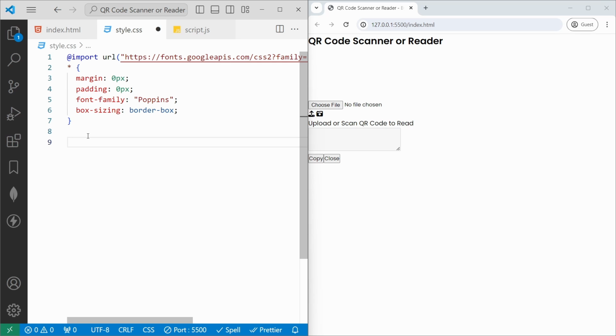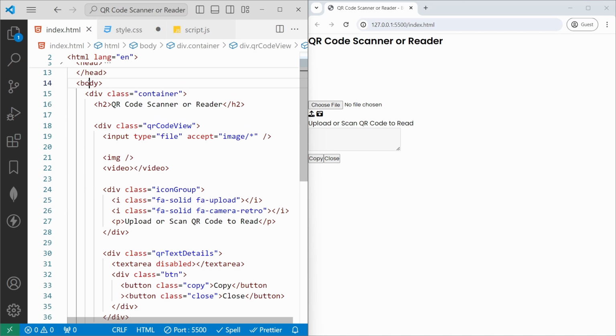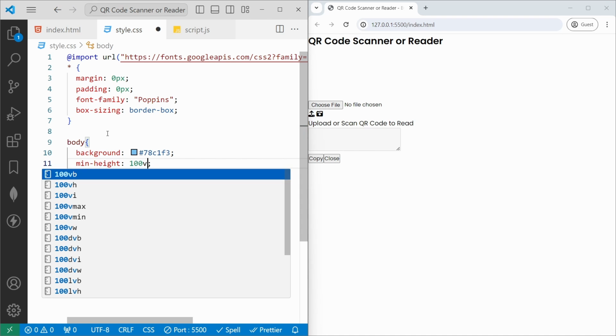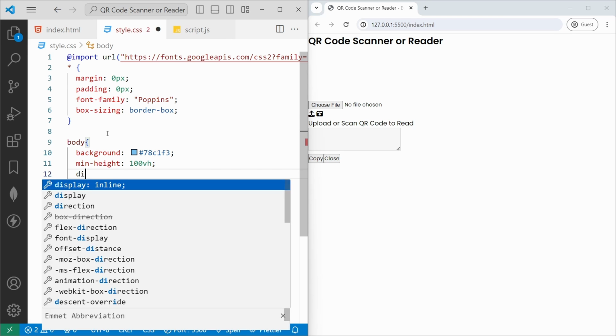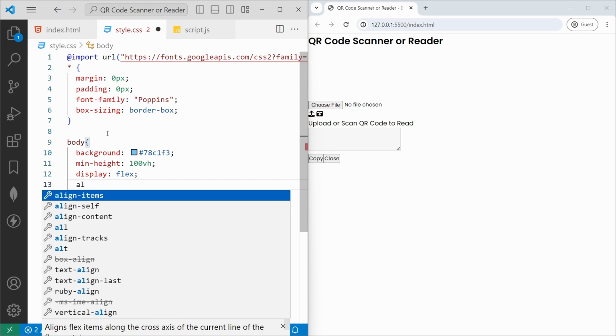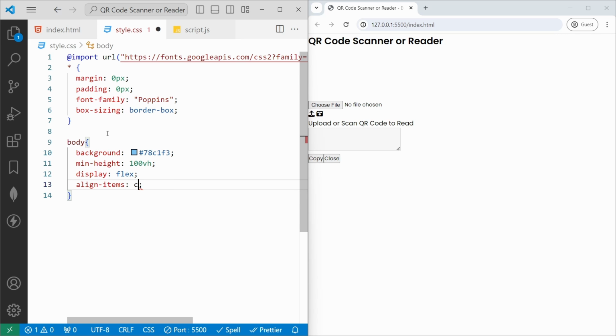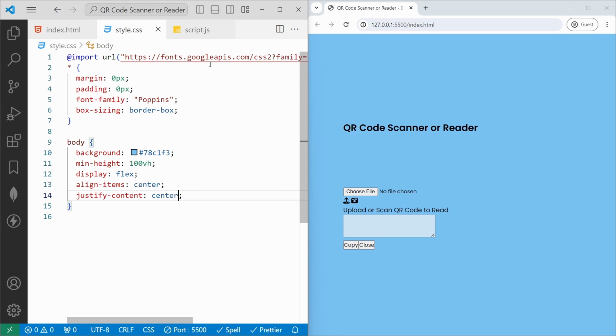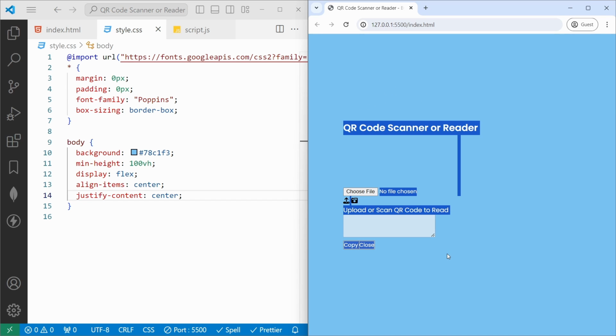And now we need to add the styles to the body with the help of the element selector called body. I will set the background color to blue, and then I will set the min height to 100vh, display to flex. I'm going to set all the elements into the center of the body. So I will set align items to center and then justify content to center. If I save, now we can see the background color and the elements placed in the center